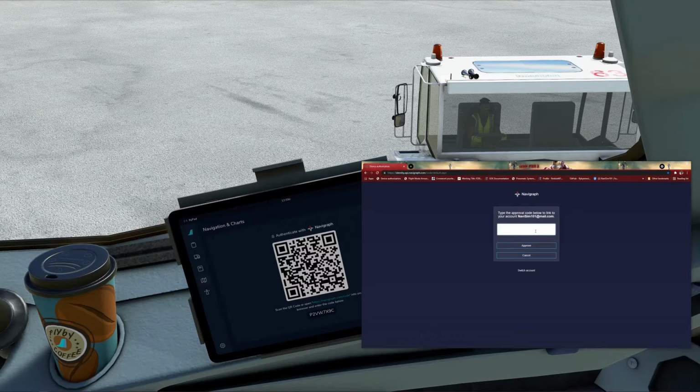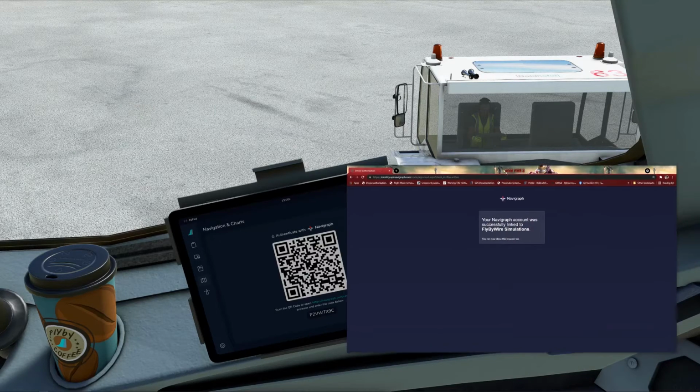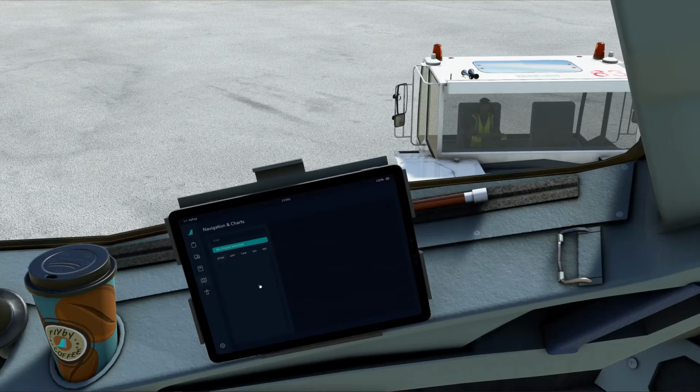So we're looking at Papa 2 Victor Whiskey, and is it 7 X-ray 9 Charlie, 7 X-ray 9 Charlie. Okay, click on approve, and there you are. You can see that now it's connected directly to my Navigraph account.